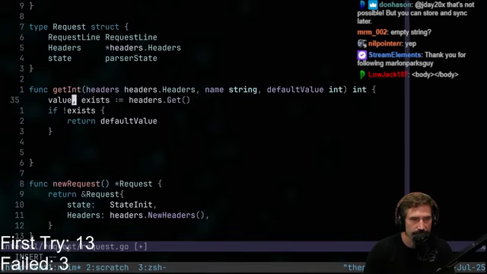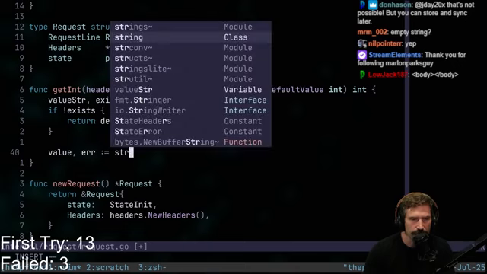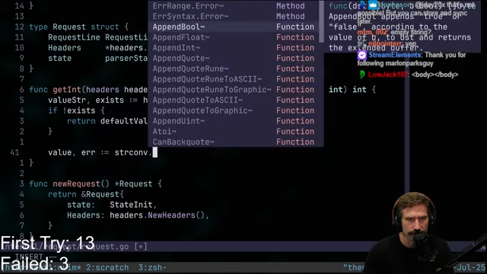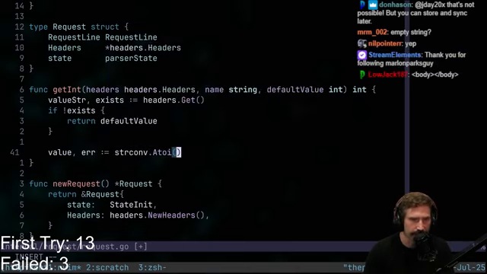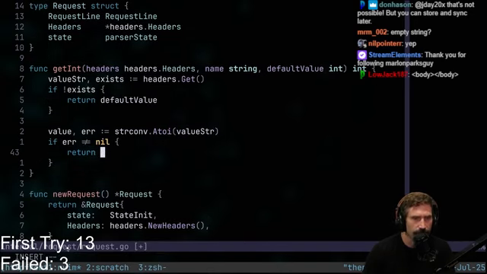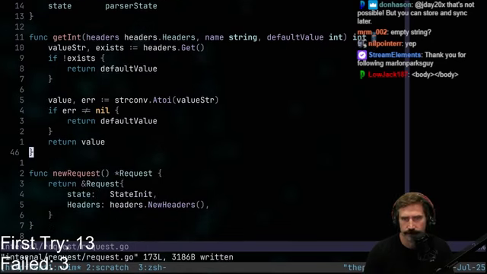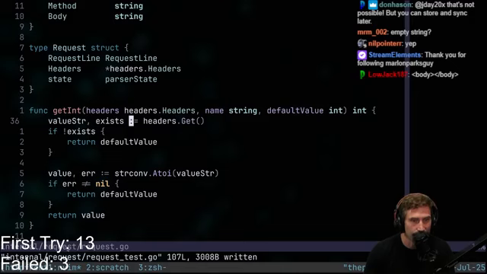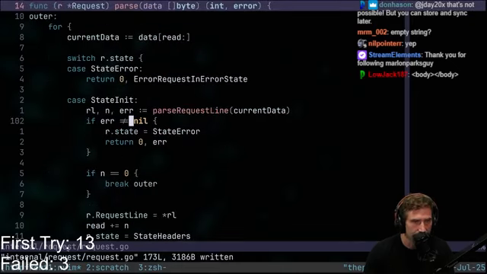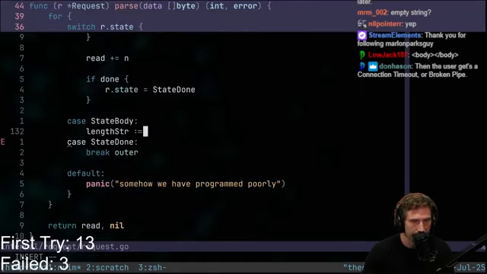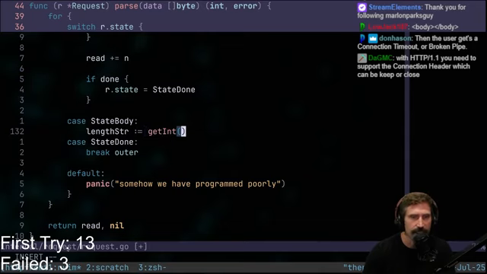Else we're going to go like this, value string, and then we'll go value equals, actually, do we have to do an, I can't remember. Strconv, right? Strconv dot Atoi, does Atoi? Yeah, there we go, Atoi. And then we can just go value string, and that has that. If error, we'll just return default value, else return value, right? There we go. So our default value will be 0, meaning that if there's nothing there, then we're good to go. Let's go back to here, go down to state body, go into here, length equals that, get int